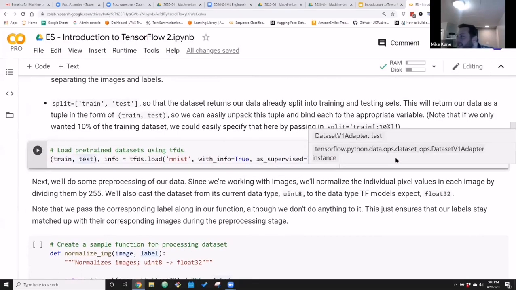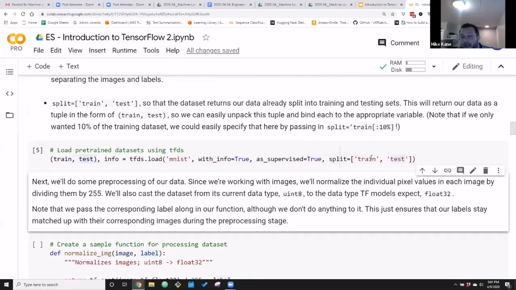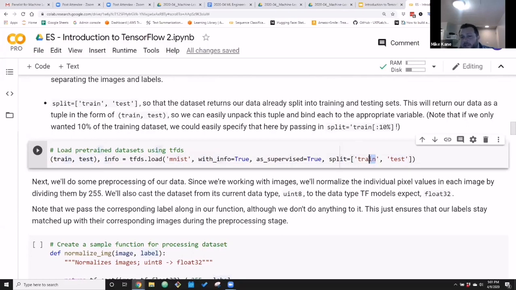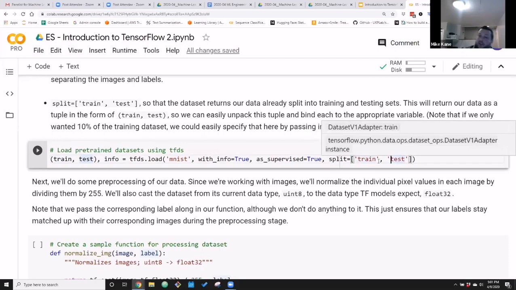This data set is naturally divided into 2 splits. And split's just a word they use. We've split our data into a training set and a testing set. And I know from long experience working with this data set that this is 60,000 images and labels. This is 10,000. Sometimes you just want to test on the train, or just want to work on the train. Sometimes you just want the test, whatever. There's a lot of experiments you can do.